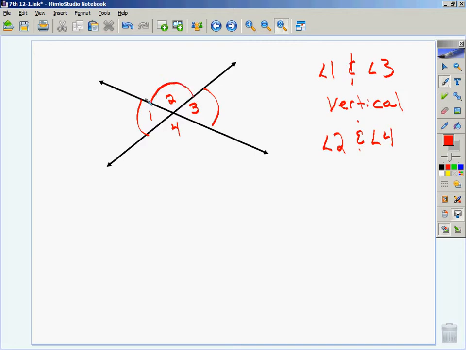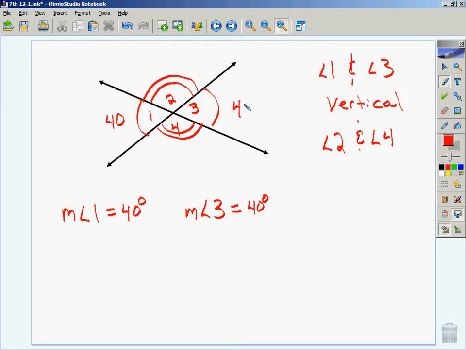The other thing they said is, if you knew the measurement of one of them, the measurement of the other would be the same. So if I told you angle 1, if you see that, that stands for the measurement of angle 1 is 40 degrees. Then what is the measurement of angle 3? It's also 40 degrees. In fact, given something like this, if they give me one of these angle measurements, we can in fact find them all,